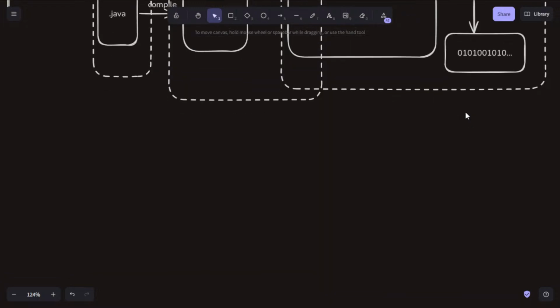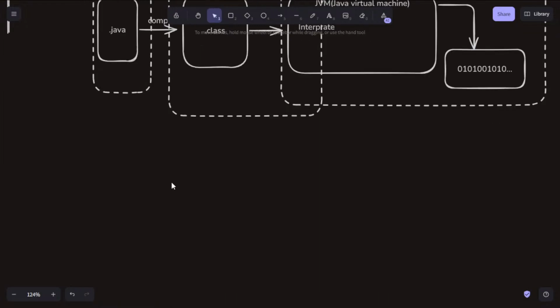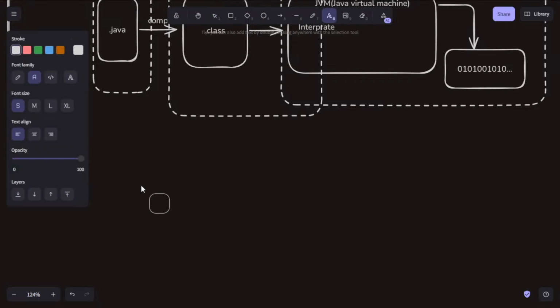Okay, so moving forward, let's see security. It's more secure than any other language, but not more, the thing is that it's secure.